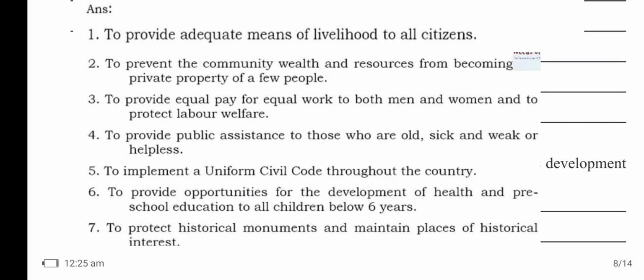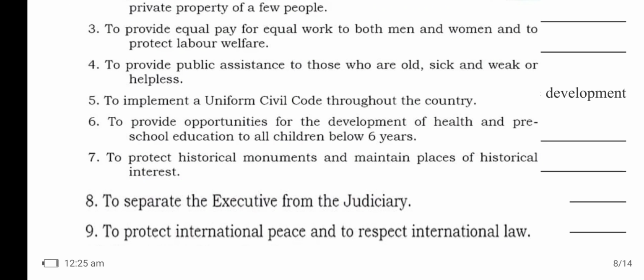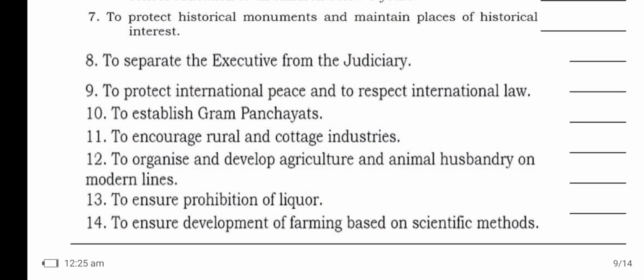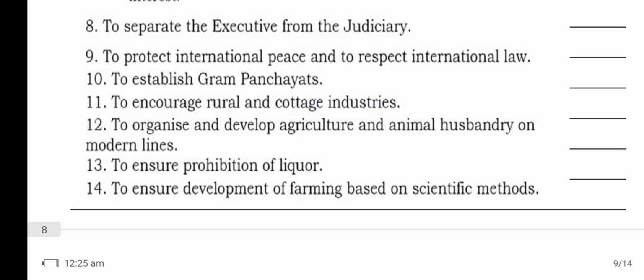throughout the country, to provide opportunities for the development of health and preschool education to all children below 6 years, to protect historical monuments and maintain places of historical interest, to separate the executive from the judiciary, to protect international peace and to respect international laws, to establish gram panchayats, to encourage rural and cottage industries, to organize and develop agriculture and animal husbandry on modern lines, to ensure prohibition of liquor, to ensure development of farming